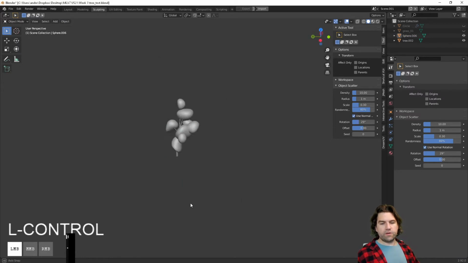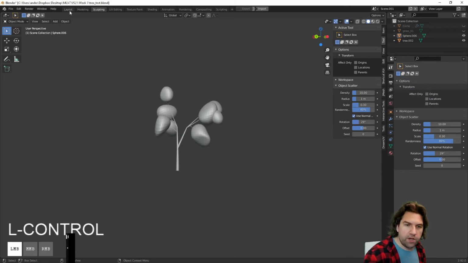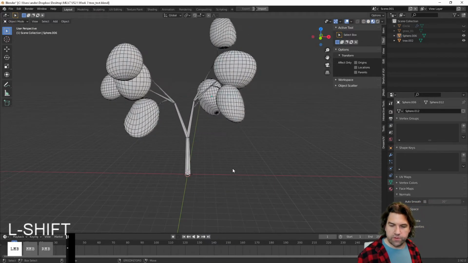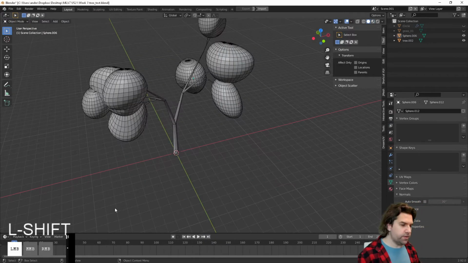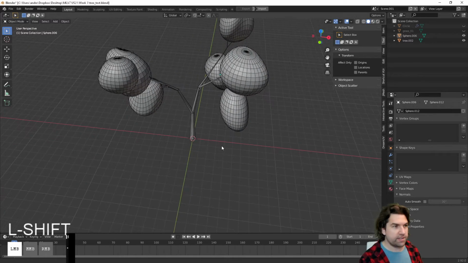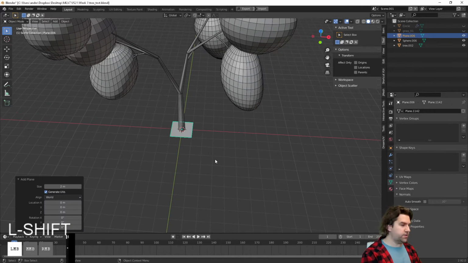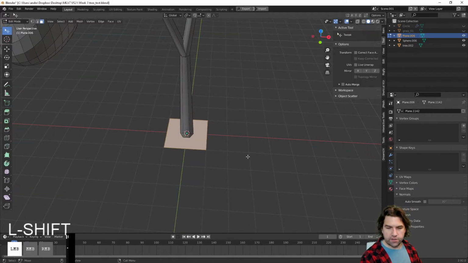So if you were doing something really stylized, this actually might be a fine low poly tree, but of course we want to do something much more visually interesting than that. So what we're going to do is sort of an older approach, but it's really great for creating stylized trees and assets. We're going to create a plane and we're going to turn it into a 3-plane. So with it selected in edit mode, I'm going to hit Shift D to duplicate it, right click to put it back,